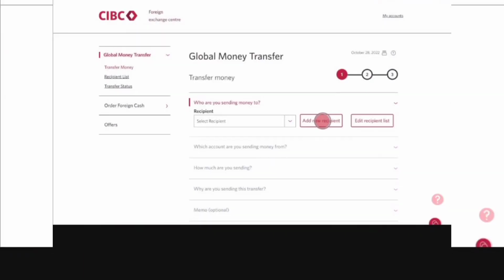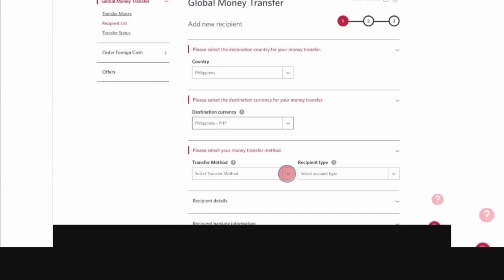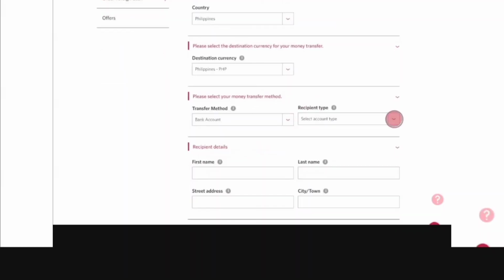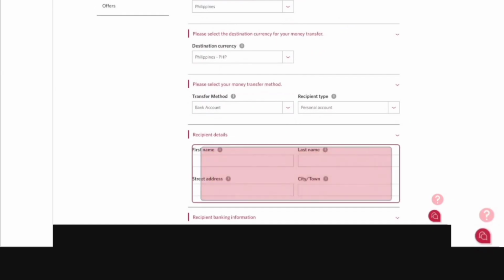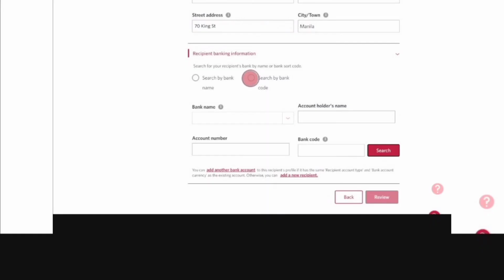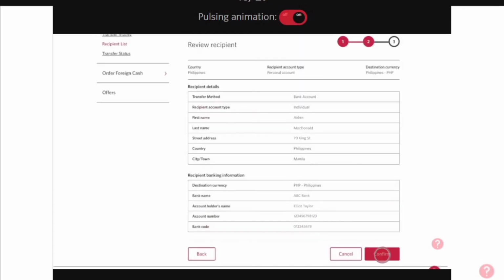And then from there you're going to click on add new recipient, select their country, and then put the transfer method, which would be bank account, and then the recipient type, like what type of account they have. Then put in all of the recipient details, and then you're going to click on search by bank and then bank code, and then search and then put in the account holder's name, their number, click on review everything, and